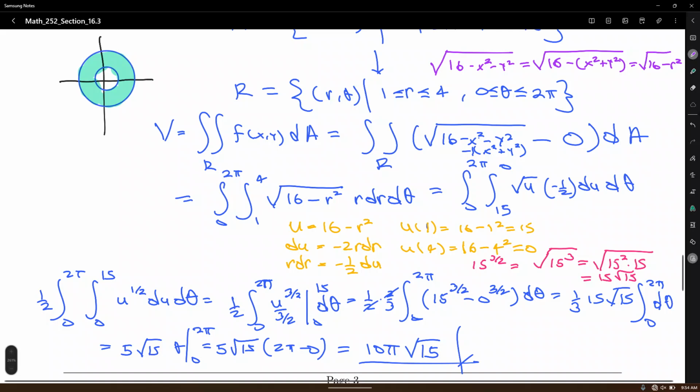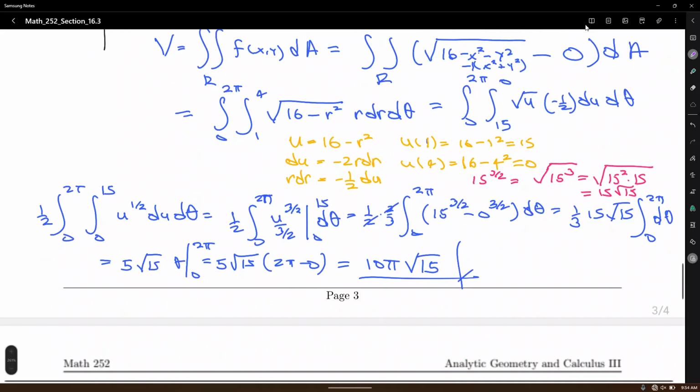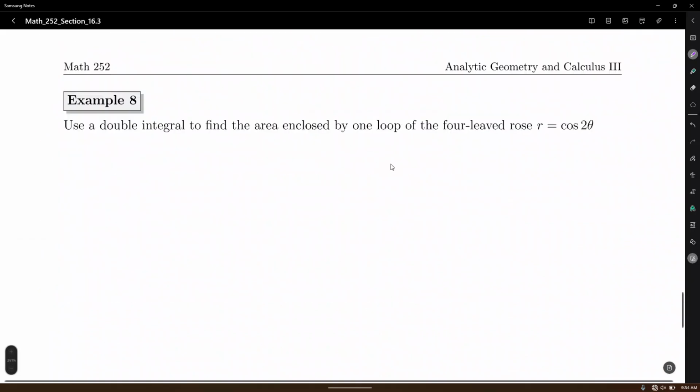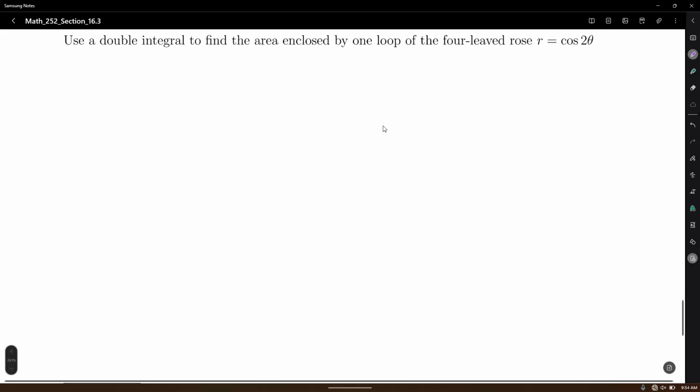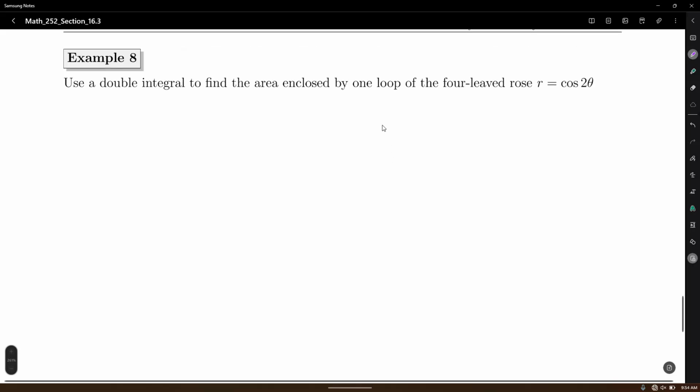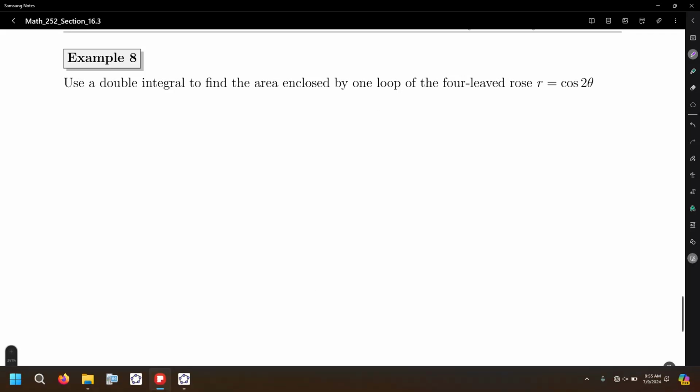All right. Okay, let's have a look at examples 8 and 9 and wrap up the section. Maybe we'll have the chance to do one exercise, not the two of them. Use a double integral to find the area enclosed by one loop of the four-leaved rose r equals cosine 2 theta. All right, so you might want to use your graphing calculator